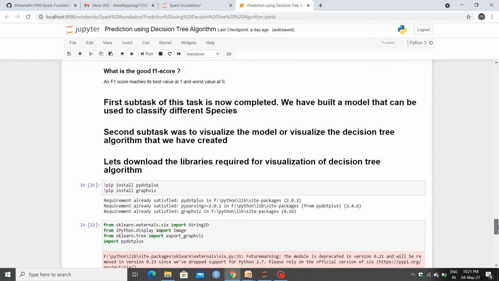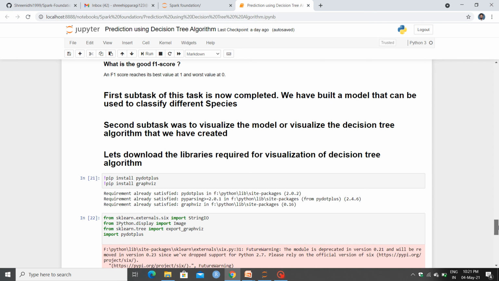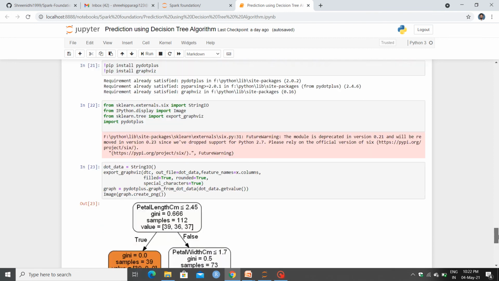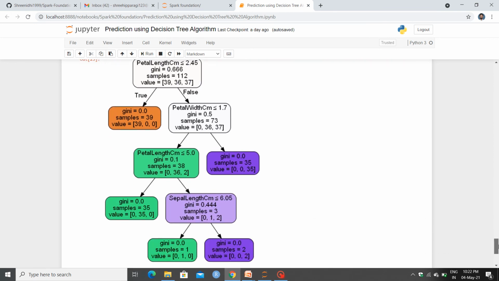We will use the libraries PyDotPlus and GraphViz. This is the decision tree. The orange box is for Iris setosa, green for Iris versicolor, and purple for Iris virginica.